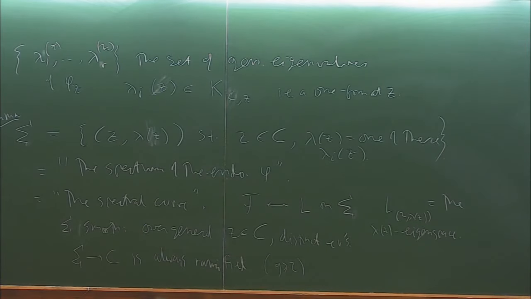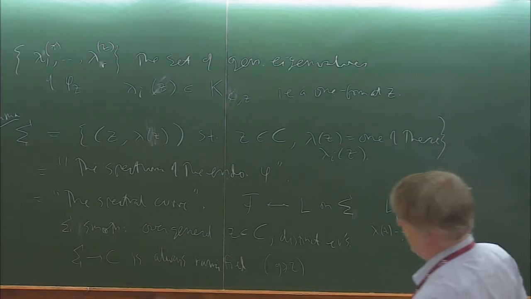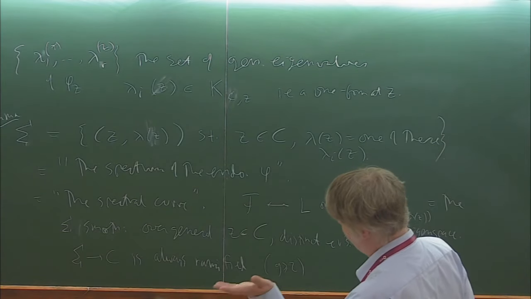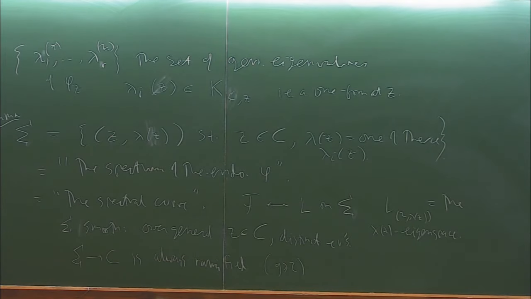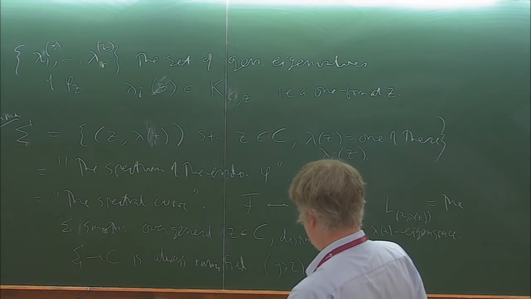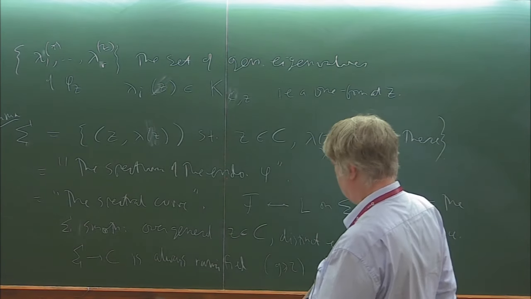If genus is at least 2. I mean, if genus is not 2, then it's always not ramified. In fact, for an elliptic curve, it would have to be a disjoint union of sections, for example. But in that case, the bundle has to split for that reason. And you can, in fact, calculate the,